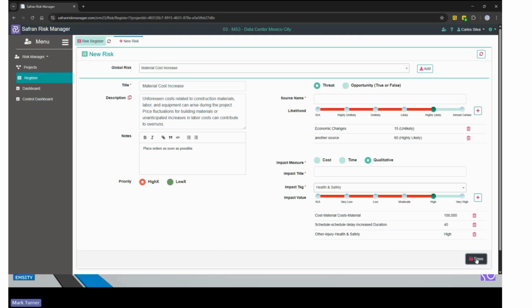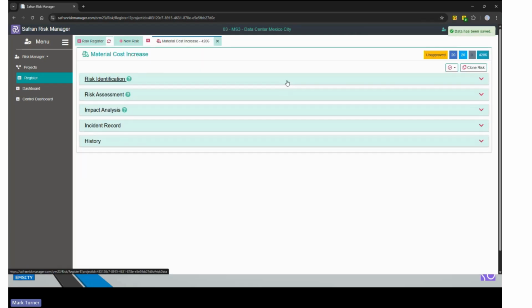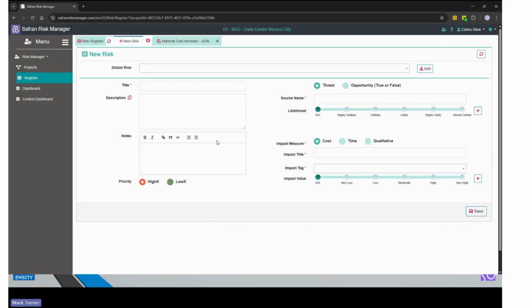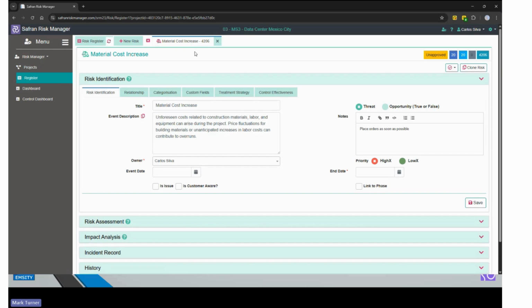And when I hit save now, it opens in the same view that I just previously showed to you with those key pieces of information which we recorded. And I can now go back to my new risk and I can add another and another. And if I'm in a workshop, then I'll be quite happy to be able to populate this as people are giving me the information. When I'm back at my desk and I've got the time to consider it, I can then go back into my risk and I can make some key decisions about it.